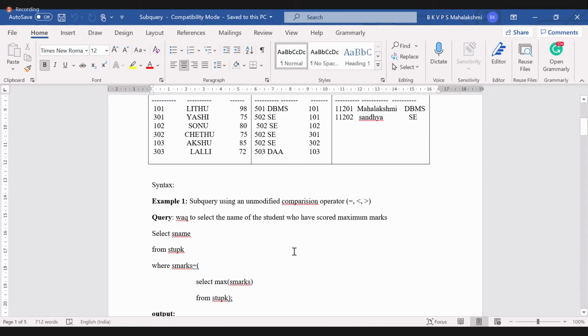A nested query is nothing but a query within a query. So the inner query gets executed first. If I told you to find who has scored minimum marks, write a query to select the name of the student who has scored minimum marks. First we have to get what is the minimum score